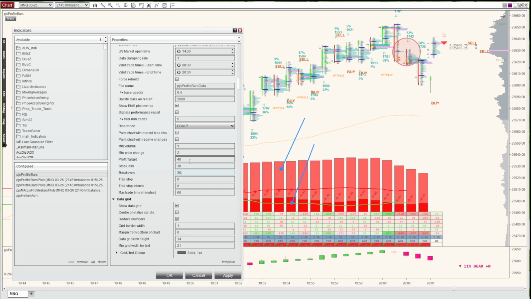Break even. If you do move your stops to break even at specific points, it's important to put that in, because you could have this trade go up 39 points, come down 39 points, and then go up 40 points to your target. You would have been stopped out, but the market still considers it a win, or the model rather, sorry. Again, we're just trying to make sure that the model reflects how you are actually trading,